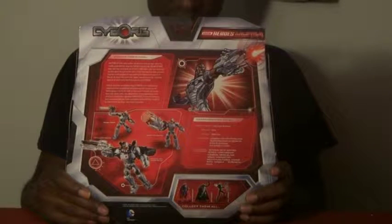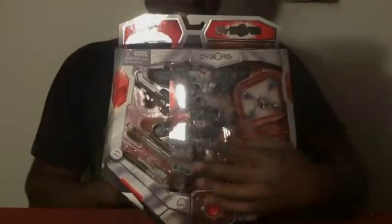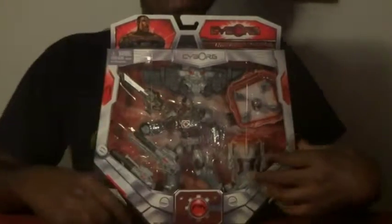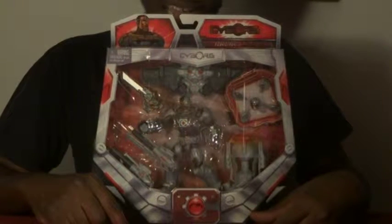I do like his vac metal. I wish there was more of it. There seems to be more only in his gauntlets and on his chest. We'll go into that in more detail when I actually get him open, and we'll take a good look at him and everything like that, because the main reason I am opening this guy up is because